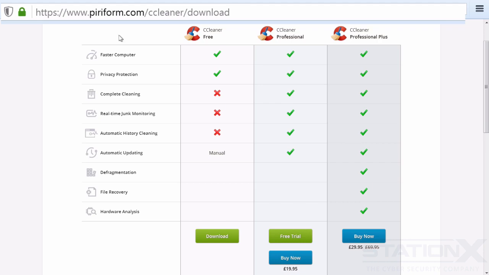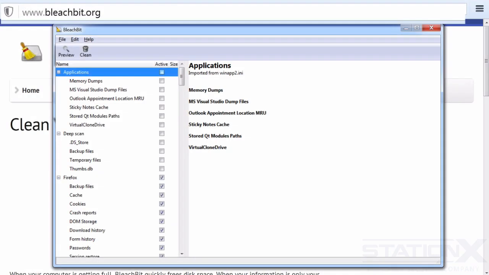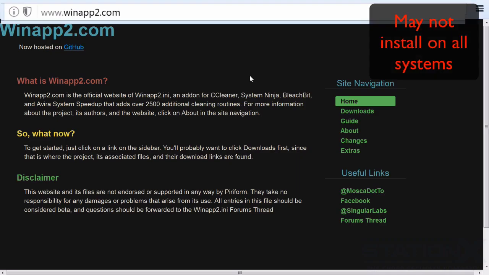CC Cleaner is available for Mac and Windows. So with the free version, you can do all of the evidence elimination that you want. It just doesn't have all of the bells and whistles. And the other option I was talking about is Bleach It, which is available here. This is for Linux and Windows. But whichever version you do use, you want to get a hold of